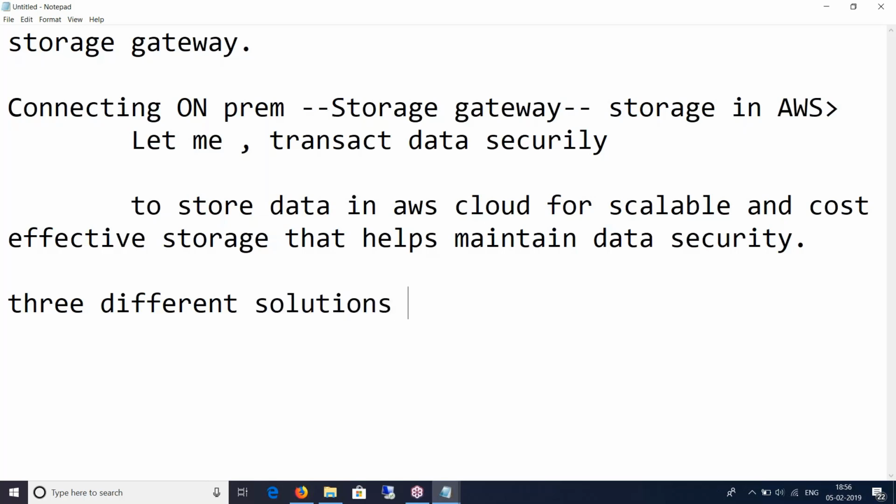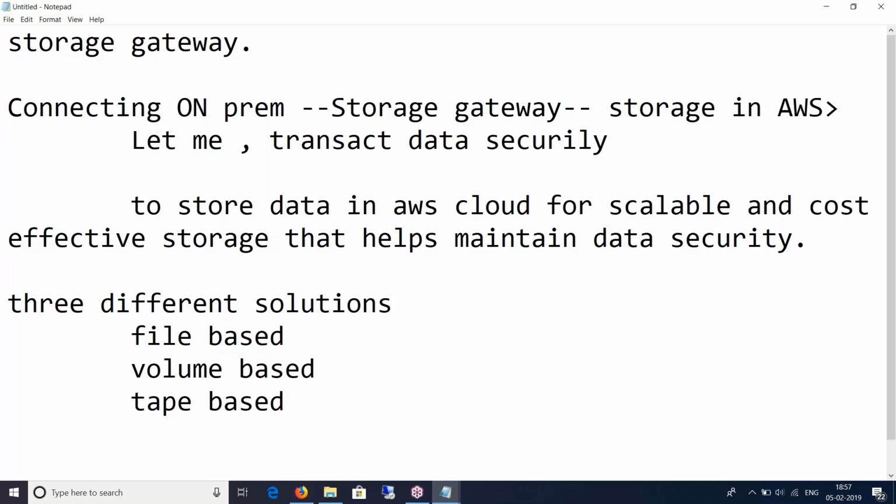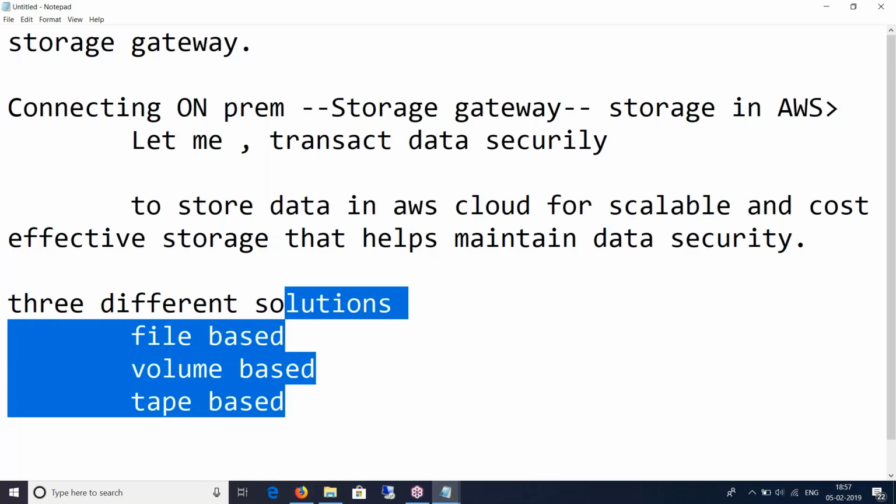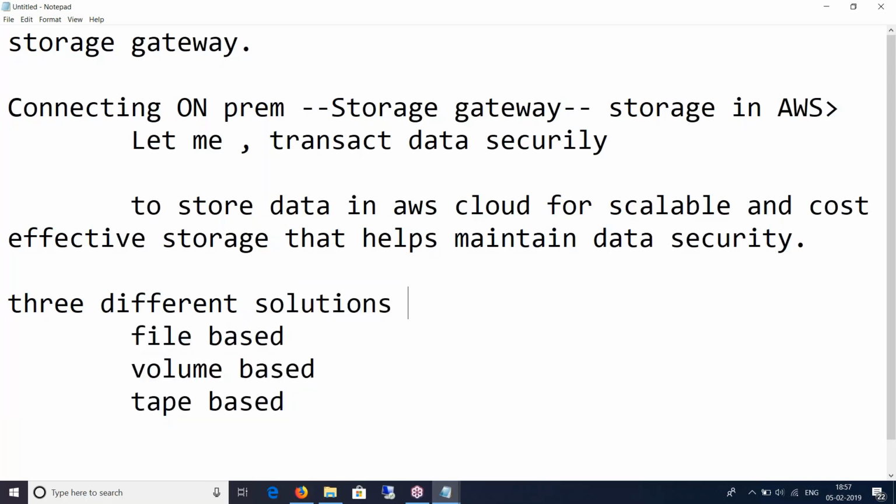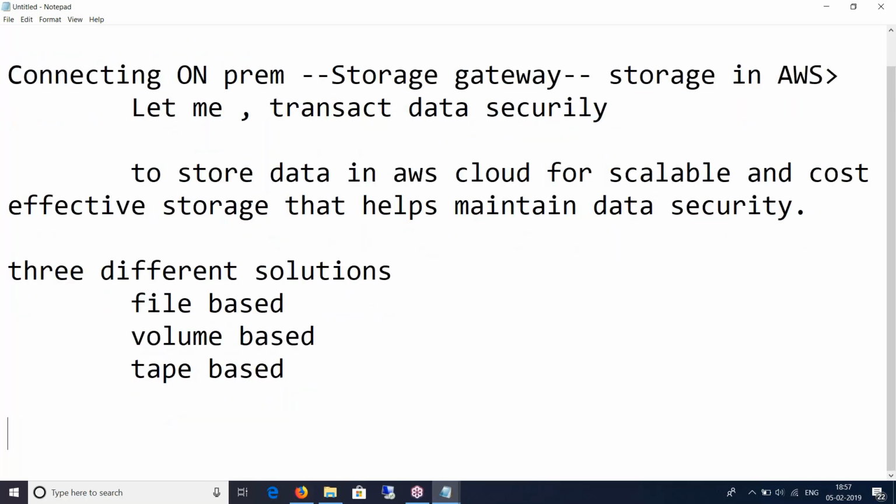They are the solutions offered as of today, and they call them the file-based storage gateway, the volume-based storage gateway, and the tape-based storage gateway. Most of the discussions we're going to have today will revolve around these 3 items: file-based, volume-based, tape-based. In fact, we'll also be doing certain labs. Once we do labs, your hands will get dirty and you'll remember for a longer time.